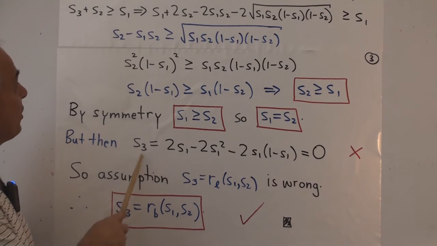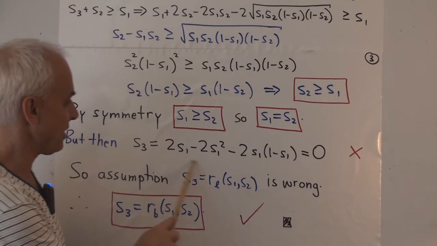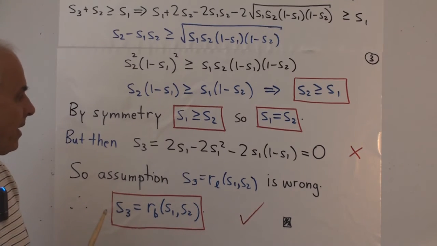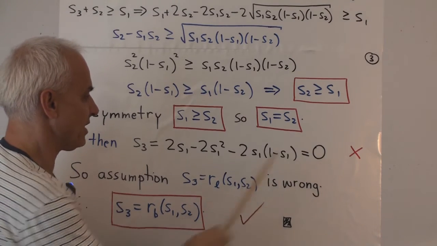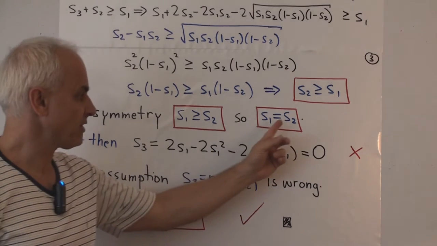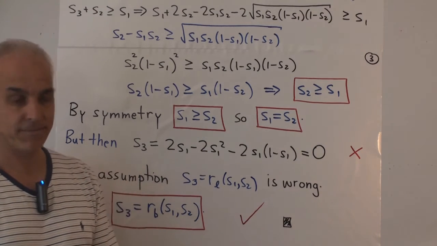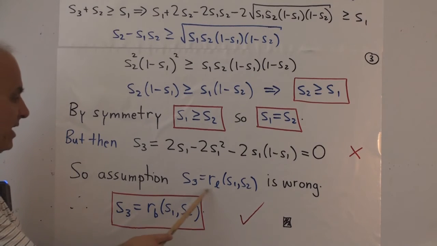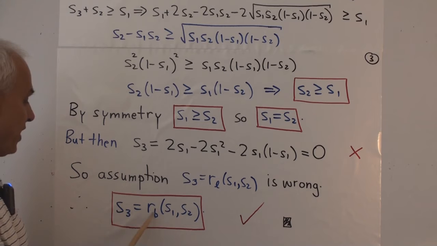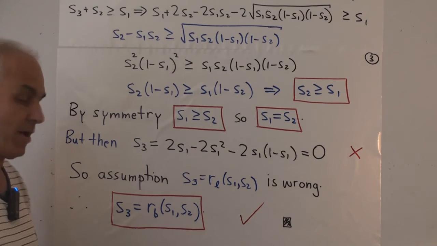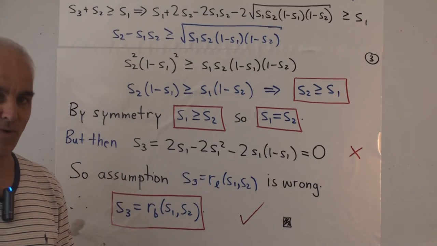Okay, but then we go back to the original formula for S3, and we get S3 in terms of simply S1. And when we work that out, then what we see is that it all cancels and we get 0. So as a consequence of S1 equals S2, it means that S3 is 0, and that's impossible. So our assumption that S3 is the little solution is wrong, and we're forced to conclude that the big solution is the right one. So that proves the first triangle spread rule.